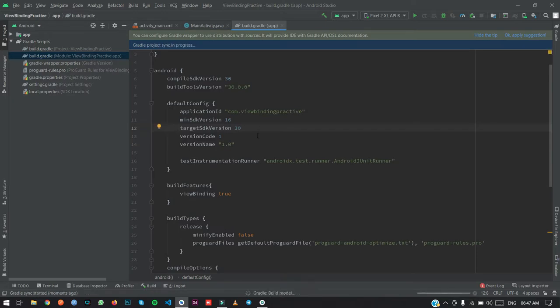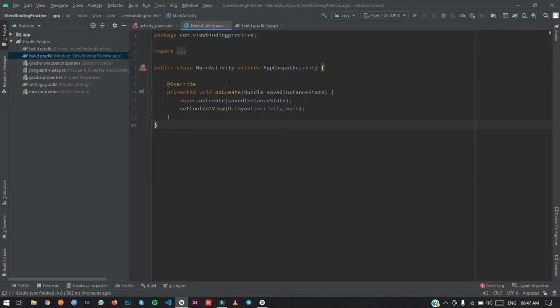What this will do is generate binding classes for every activity or fragment you have created, or which is declared in the manifest file. It will create an instance for a fragment if you just extended the fragment class, and it will create an instance of the activity class if you have declared that activity in the manifest file.